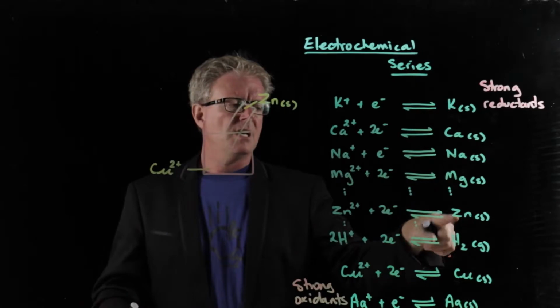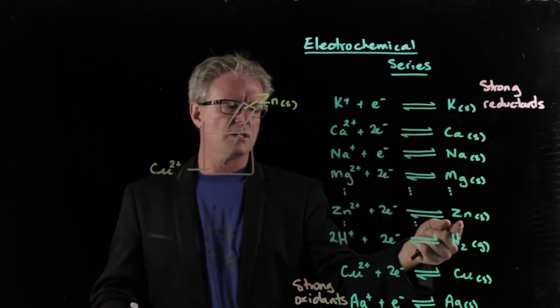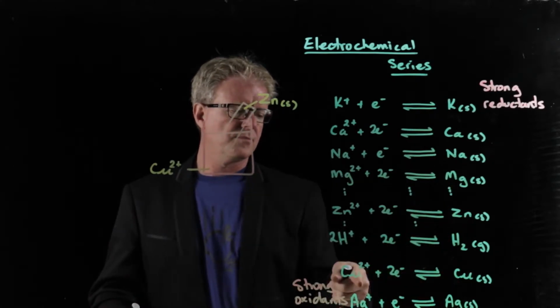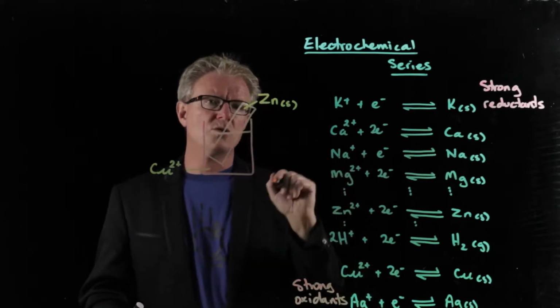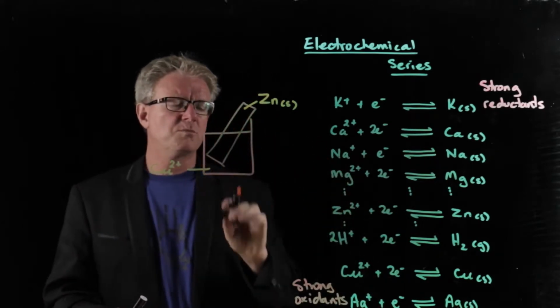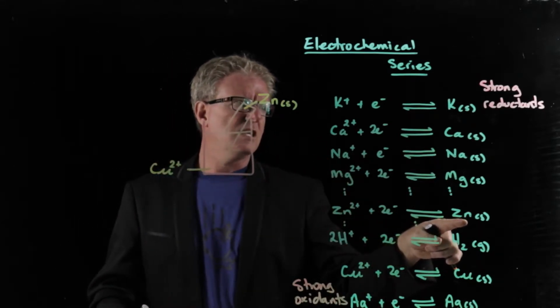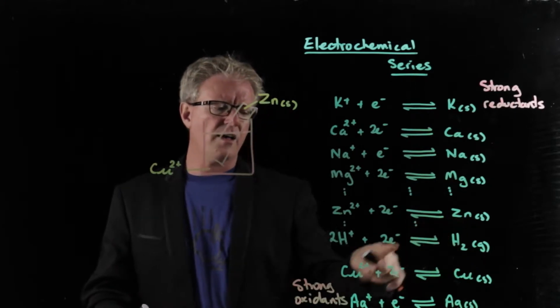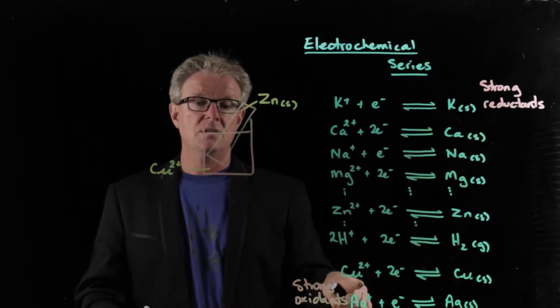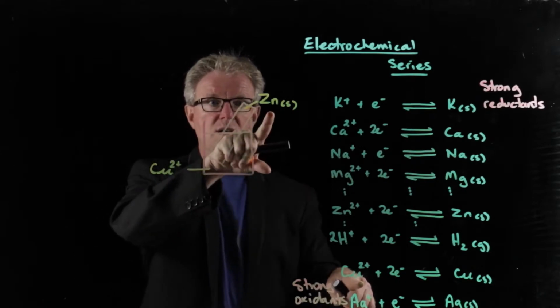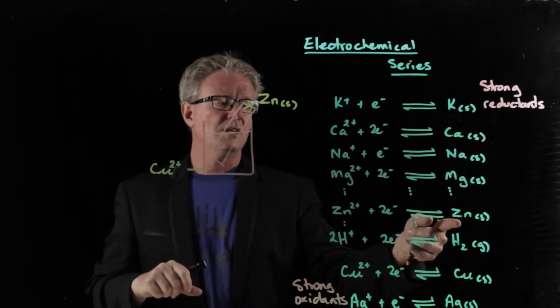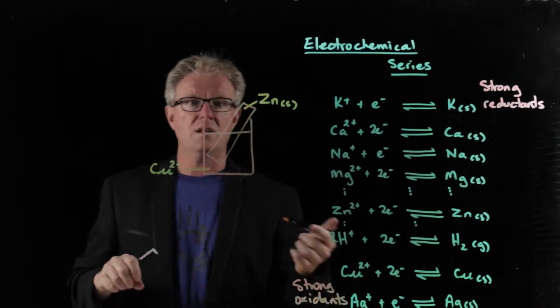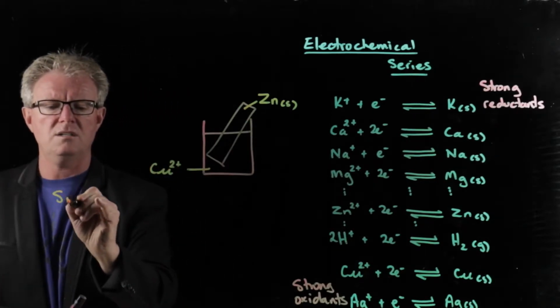Here's zinc, and zinc is higher in the series than copper. So here is the rule. A reaction will be spontaneous if the reductant is higher than the oxidant. And so here's the oxidant, here's the reductant. So the metal is higher than the ion here. So a spontaneous